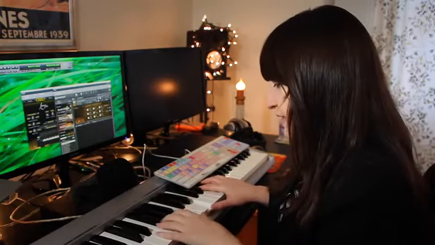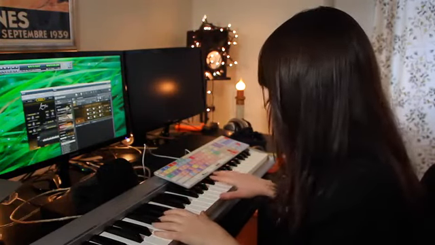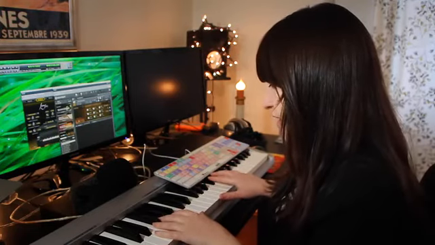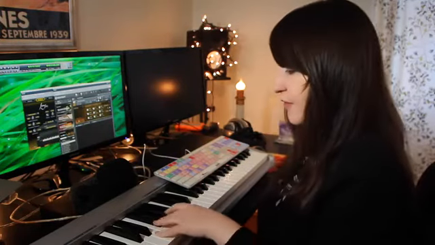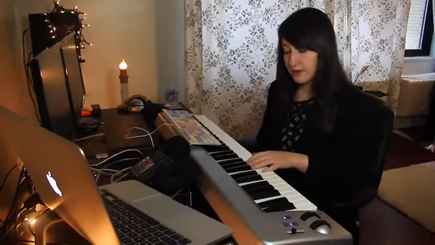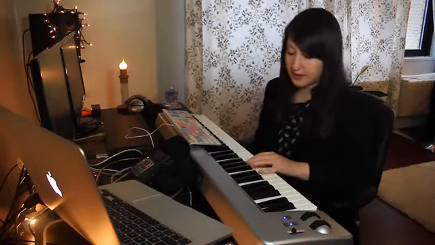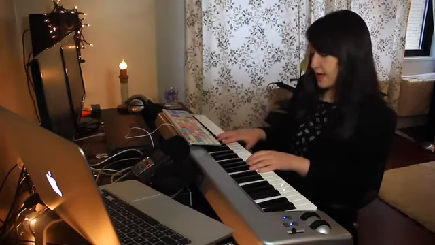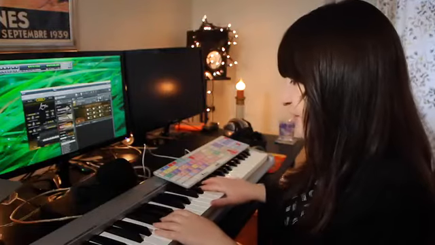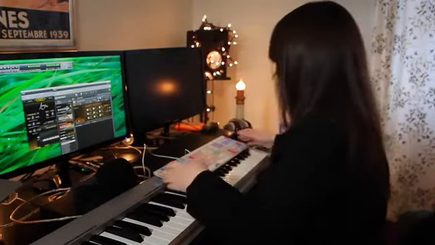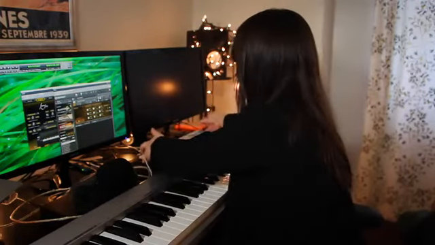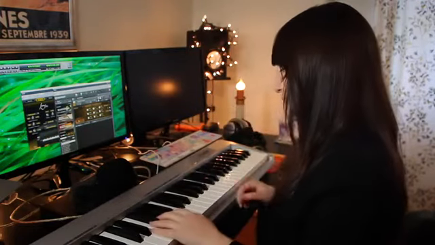I could also do the same thing for the melody each time with whatever the chord progression is. So if we're going from E minor to C to G to D, all I would be doing is just playing the octave of each chord. So I'm just going to move this out of the way. So we'd have